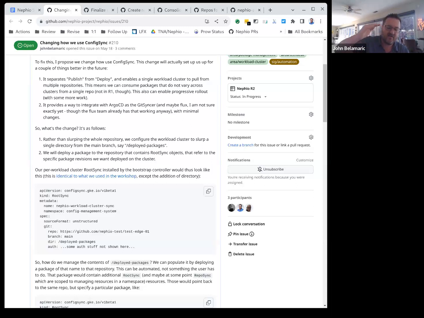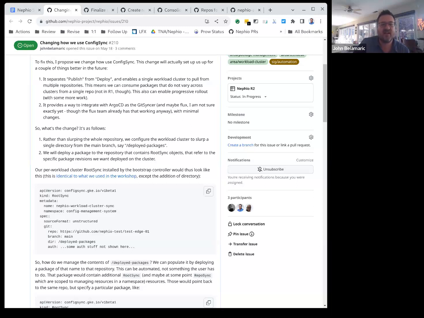And then there's a bunch of references, effectively think of them like symbolic links, in that directory that point to different versions of different packages that should be installed on that cluster. Those links could be in this repository or in a different repository. It creates an indirection, which has both value and cost.